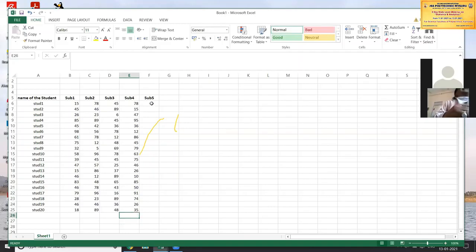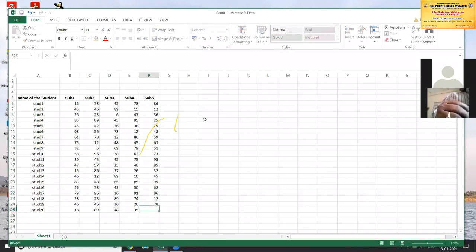And lastly, we'll enter the subject. Fine. So this is the data set that has been created to draw the frequency polygon and frequency curve.